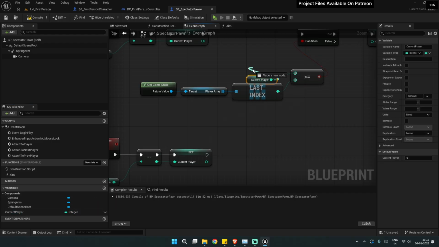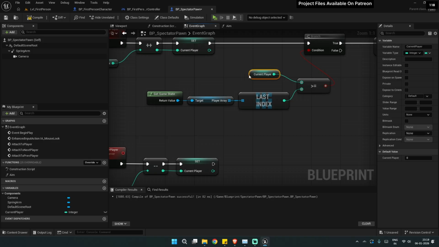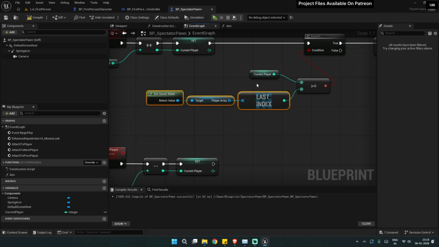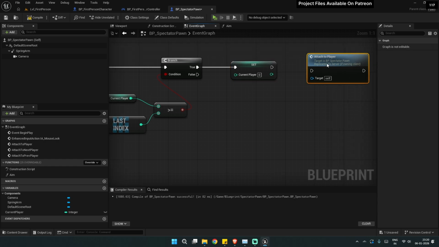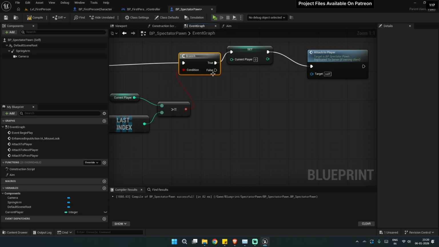Okay, let's add a current player around here. So if our current player is bigger than this last index or equal to, we basically set it to 0 back. So it will keep looping like 0 1 2 3 0 1 2 3 0 1 2 3, and on false also we will also do